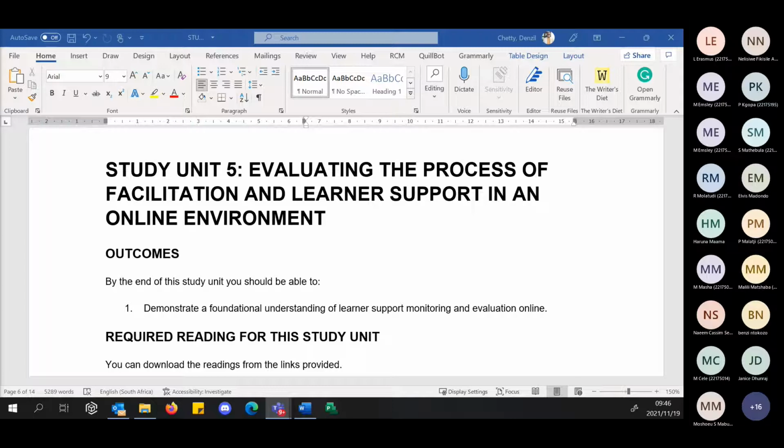So these are really critical issues. And even when it comes to us as lecturers, sometimes we prepare our content. There was this direct migration from the traditional classroom when we moved to the online. So sometimes we find that our content, the way we design it, is mainly text. There's no audio, no audio visuals or media integration into those learning materials. So it's a learning curve. We are learning as we are going.